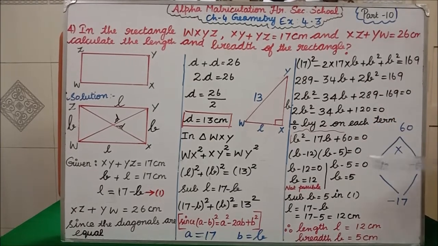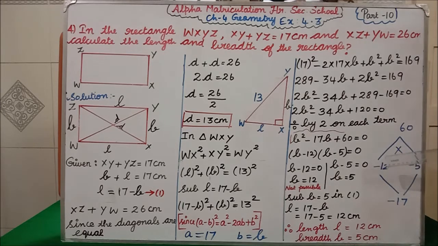Now you see one b square term, one b term, one constant. So what form are we having now? Quadratic equation form. You have learned in the lower class, isn't it? Quadratic equation means one square term, one x term, one constant will be there, isn't it? So now we have to factorize. I hope you all know the factorize, isn't it? Students, after explaining this problem, I will separately do and show you another two factorize problems so that you will be very clear about the factorize.